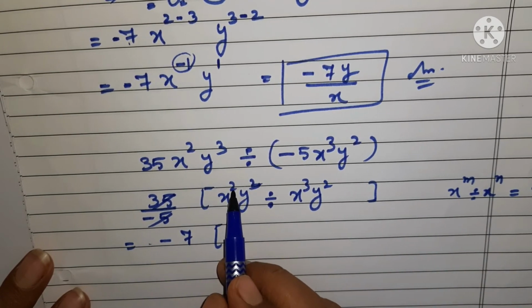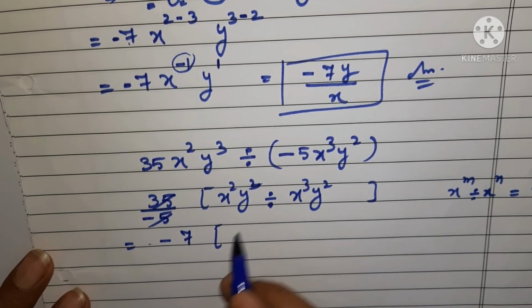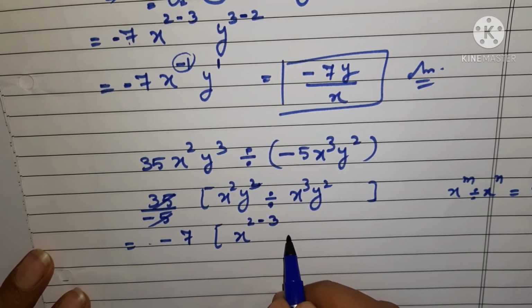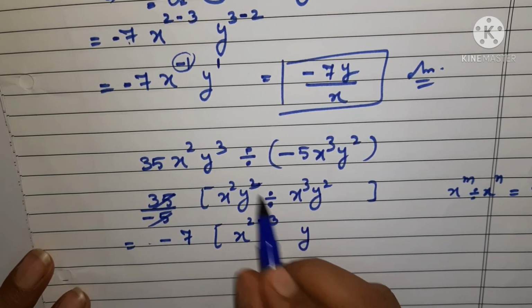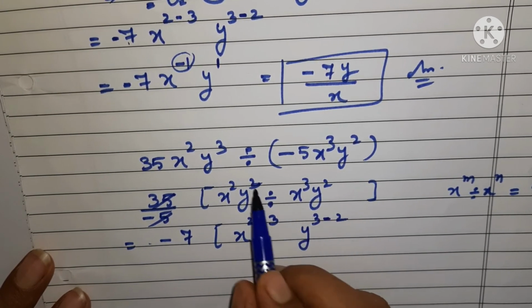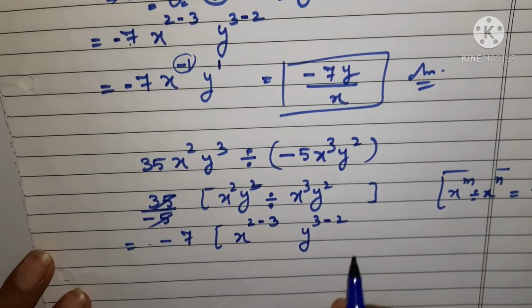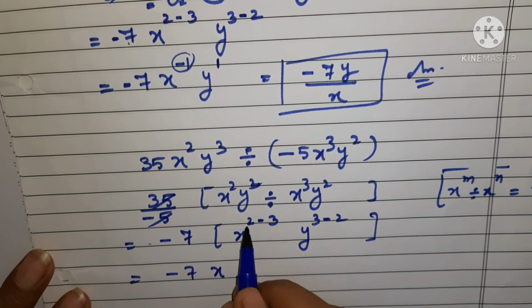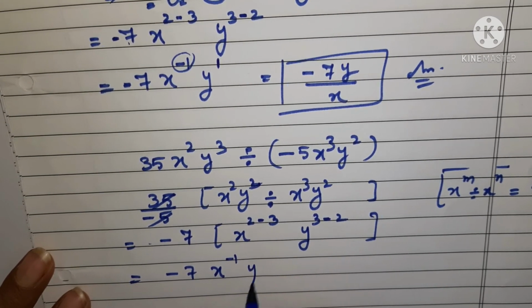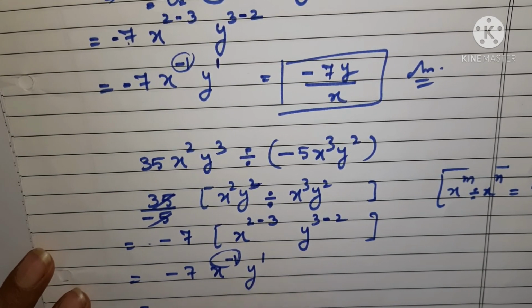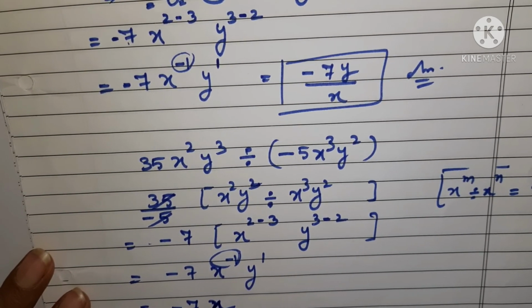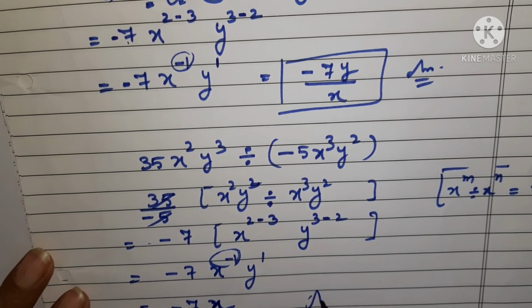So you can see here it is x square divided by x cube. So we will write x to the power 2 minus 3. Then again, into, you can see here y का भी पावर में 3 है और 2, all because of the same law. Now what we can do, -7, this will give you x to the power 2 minus 3, which is -1, again y to the power 1. This further, to change this -1 sign, we will bring it down और हमारे पास आ जाएगा minus 7y upon x. This is going to be your answer.